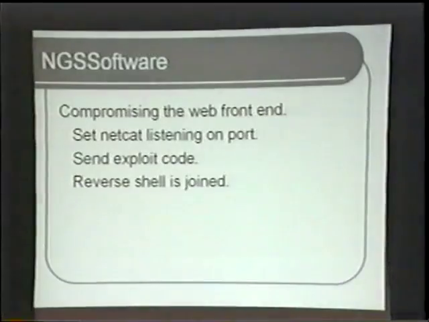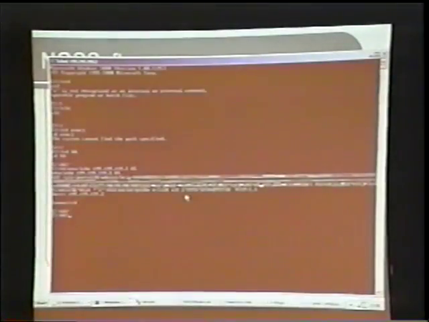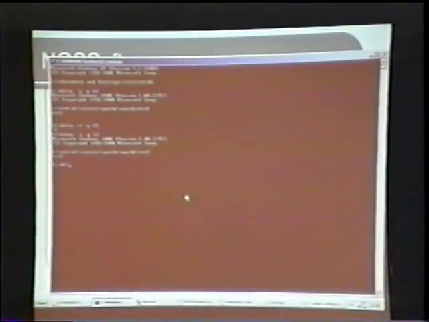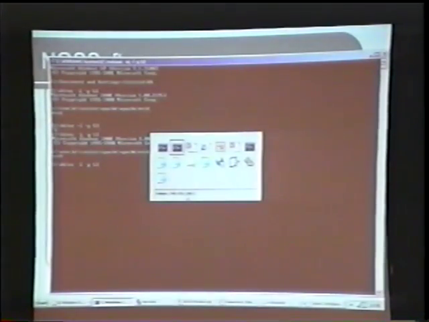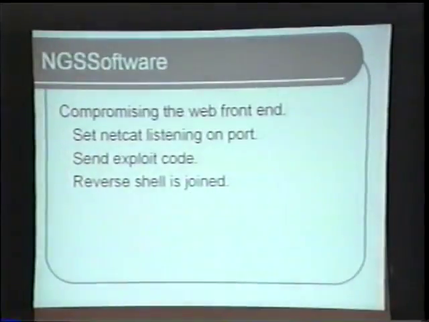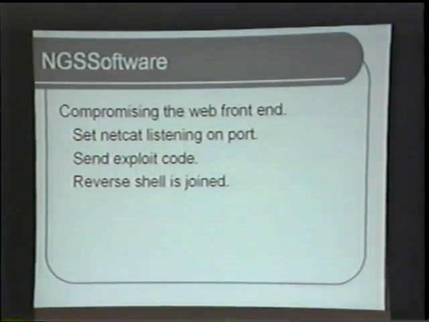So what's compromising the web front end? What I've got here is Netcat listening on port 53 on this machine. I'm going to send an overflow string to this machine, the web server, that's going to bind back out to me on my port 53. Now, obviously if there's a firewall in the way that's stopping outbound connections on port 53, this wouldn't work. However, what you can do, and the code actually gets slightly bigger here, is